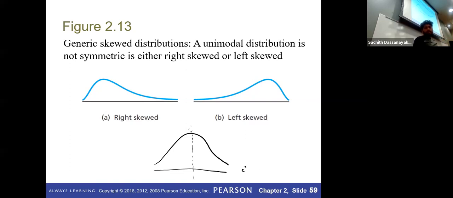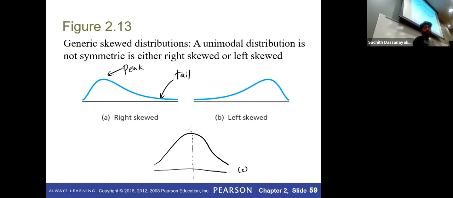In the third one, let's say C, what happens if this peak shifts to one side? Let's say first it shifts to the left-hand side, like A. That peak shifted to the left-hand side, so we call it right skewed. This skewness is based on the side of its tail, not the peak. This piece we call the peak, and this part right here we call the tail, because it's like a tail.